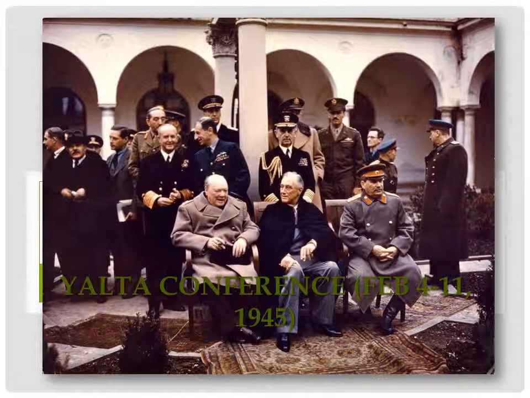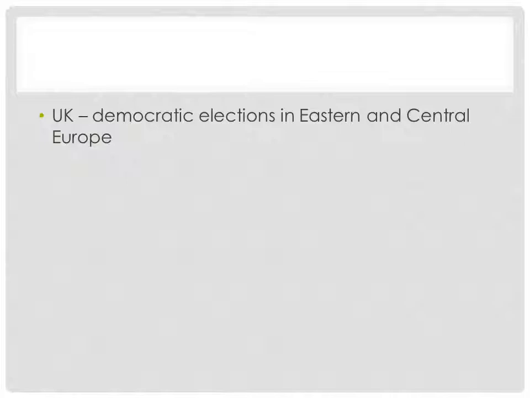And so one of the first places we're going to begin to understand how these treaties came about and all of this, all good stuff, is with the Yalta Conference, which was held in early February 1945. And so basically here, what we have is Churchill, Roosevelt, and Stalin getting together to discuss what Europe is going to look like and what role each government is going to take in creating this new Europe.